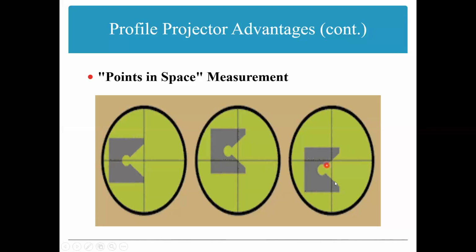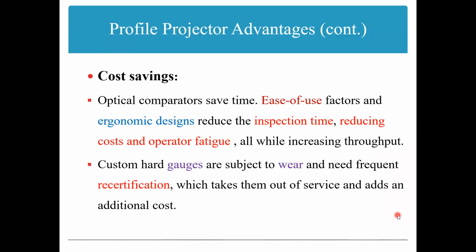Cost saving: optical comparators save time. Why do they save? Because ease of use and ergonomic designs reduce the inspection time, reducing cost and comparator fatigue. Just in case of micrometers and calipers, always you have to take the reading. How to observe? In this case, it is very